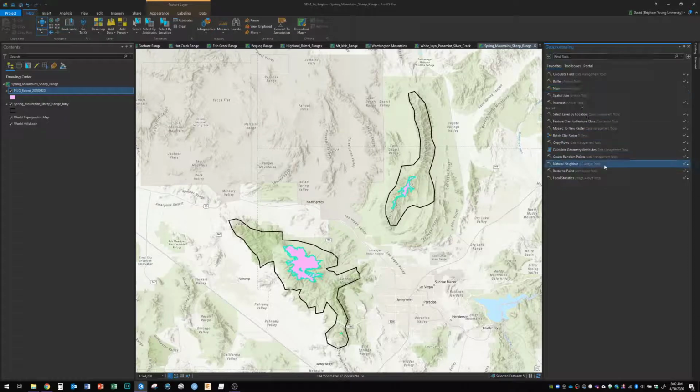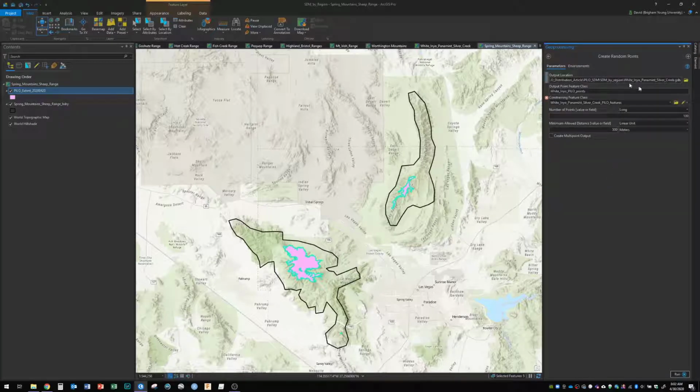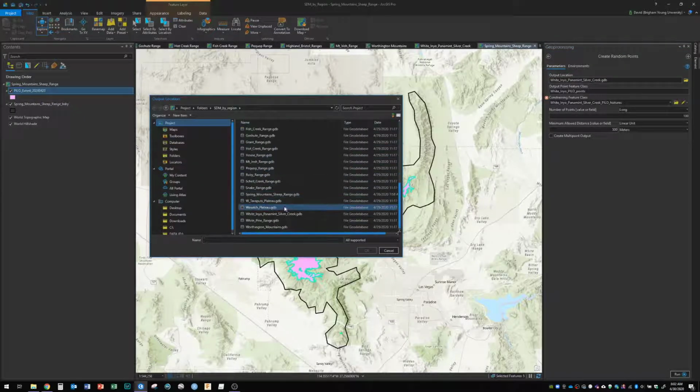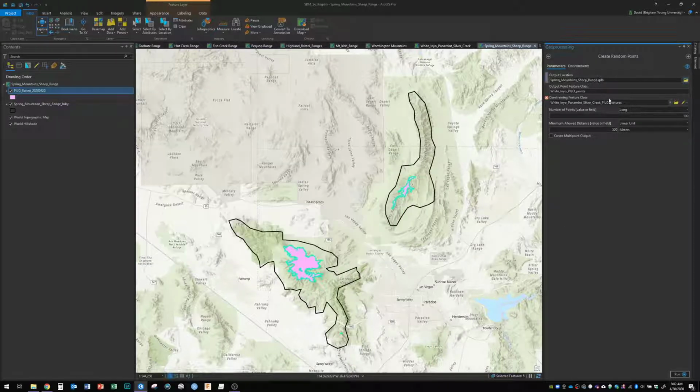Yeah, never mind. Okay, so create random points. I'm just recycling what I did before. So I'm going to my Spring Mountains sheep range database as my output. My output's going to be Spring Sheep pile of points. Okay, then my constraining feature class is going to be my boundary. No, I'm sorry, it's going to be the